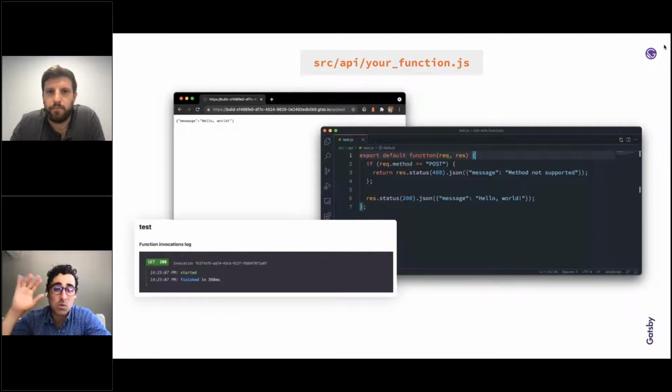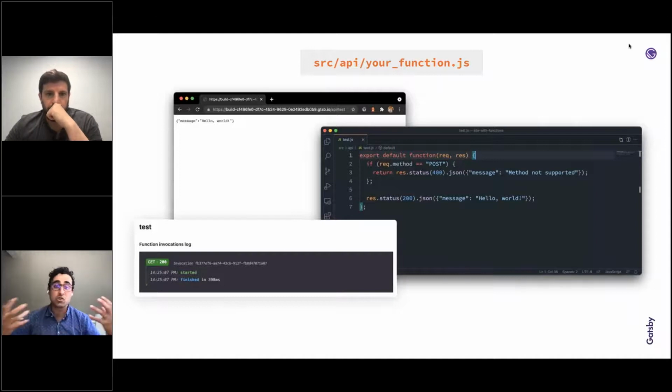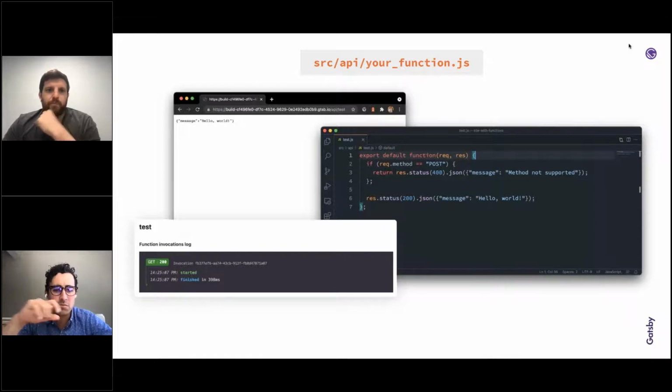Yep, absolutely. So recapping a little bit of what I talked about earlier when we were talking about developer experience, obviously we're deeply focused on making Gatsby have an extremely friendly, lightweight developer experience. So to that end, adding functions to your Gatsby project is just, I like the word just, adding an API folder to your source folder in your project, and then adding a named JavaScript file with a single export to that. Go ahead and bump to the next slide.